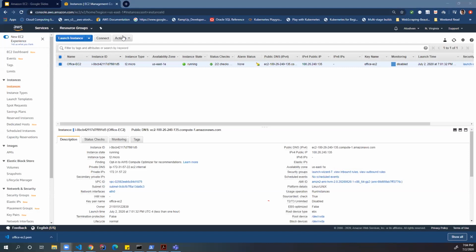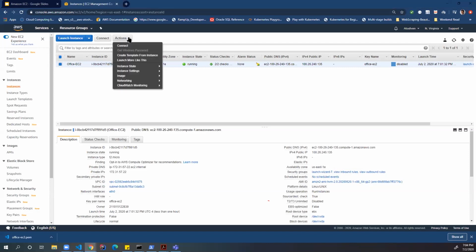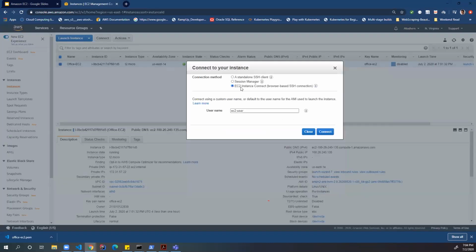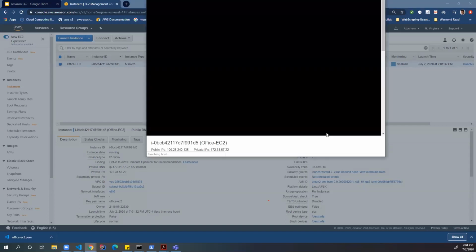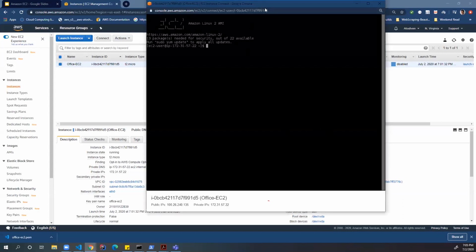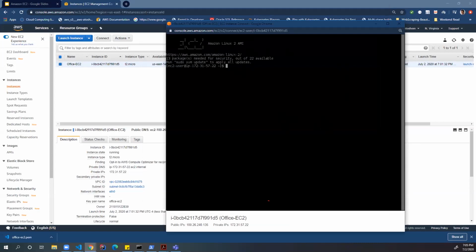One way is to click here on Actions. And the easiest way is to say Connect. Click on Connect, and then choose the third option, which is EC2 Instance Connect. This is a browser-based SSH connection. Then click on Connect. Wait for it. So it's already connected. Okay, right here. As you can see, I just got logged into my